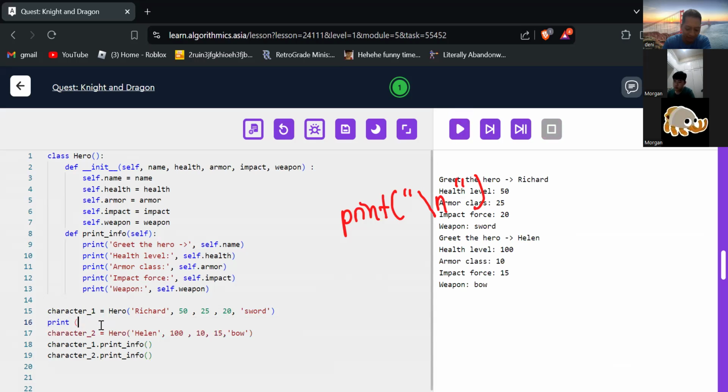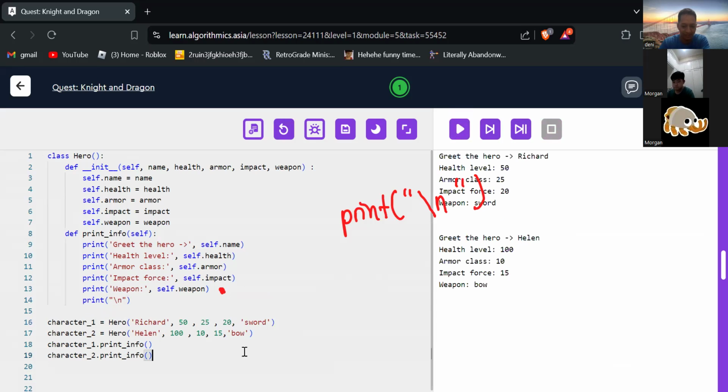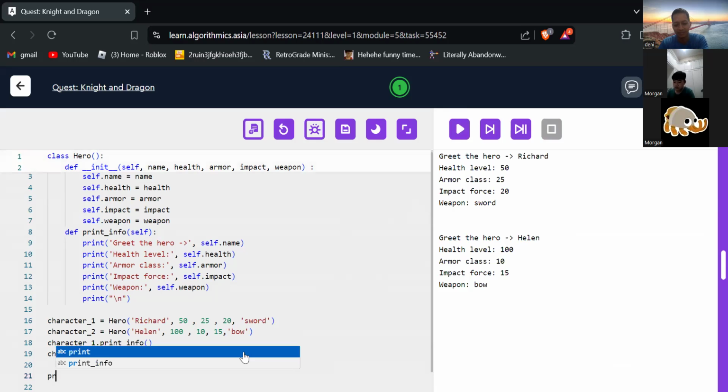You can add the empty line. You can enter from this line. Okay. Good.